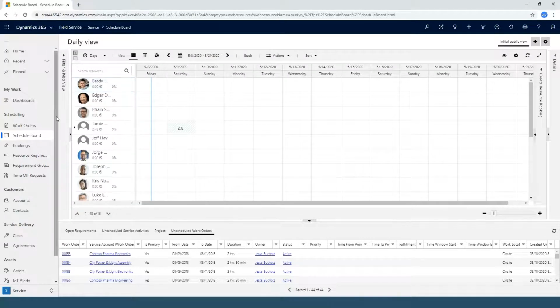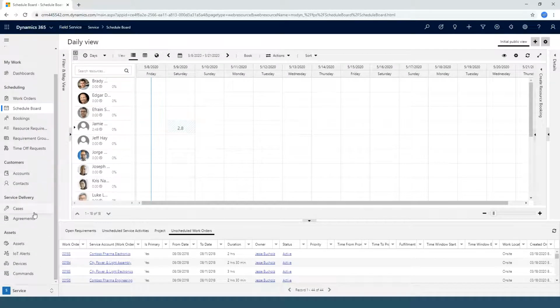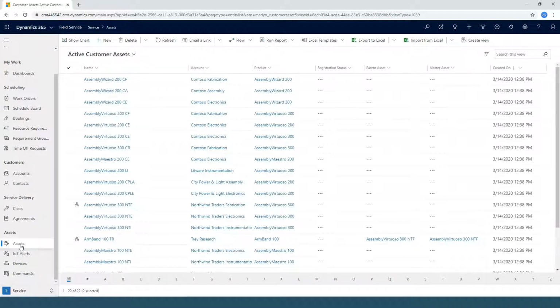So that was a quick look at the schedule board. Down here, you can see in the sitemap, we've got some different entities listed for assets. So I can come in and I can track my customers' assets, as well as, we had quickly highlighted before, how connected field service or IoT is becoming a bigger part of field service. So I can come in and I can check alerts or devices if I've got them set up